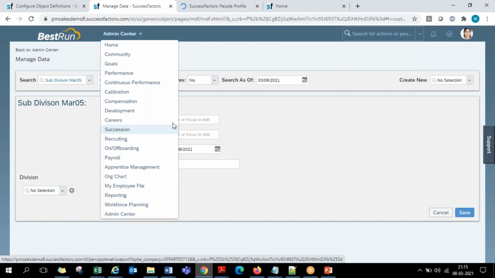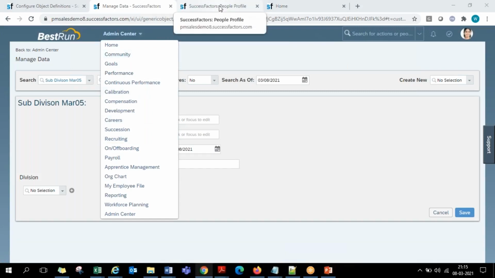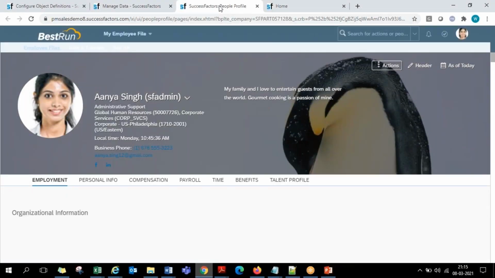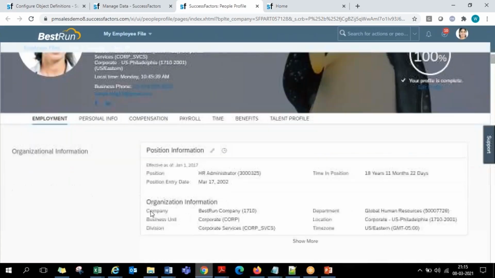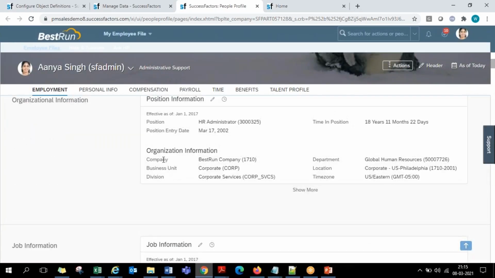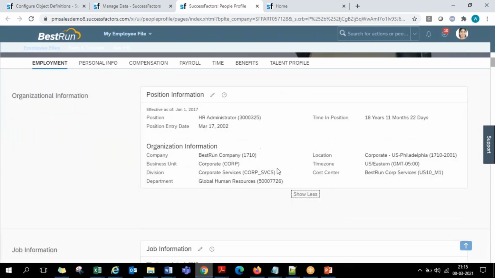So then in the employee profile, under the job information section, you need to have a place for even storing the employee's subdivision as well. Here under the employment information and org information section, along with the company, business unit, division, department and all, we need to have one more field called subdivision. After division somewhere, we need to have subdivision.